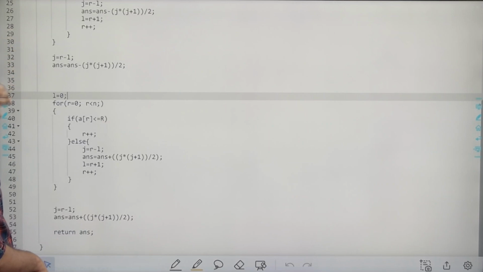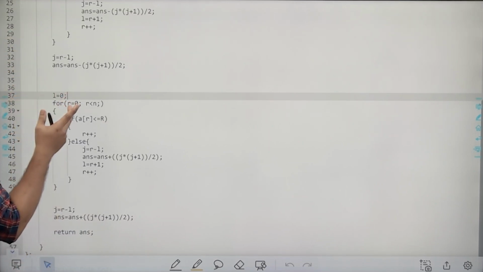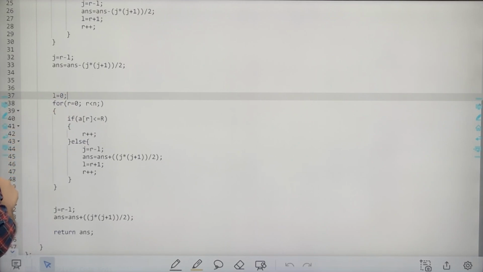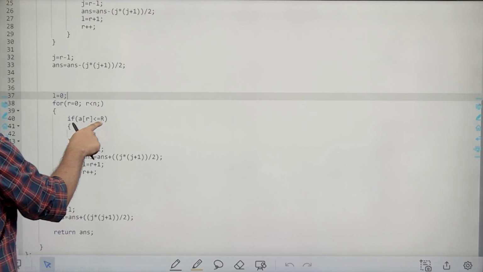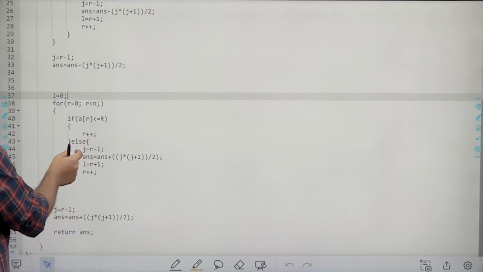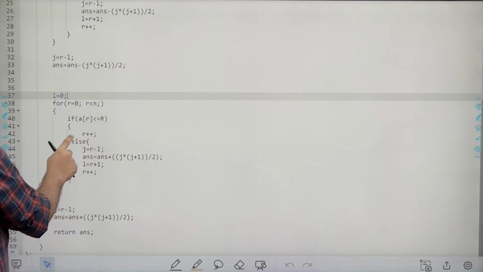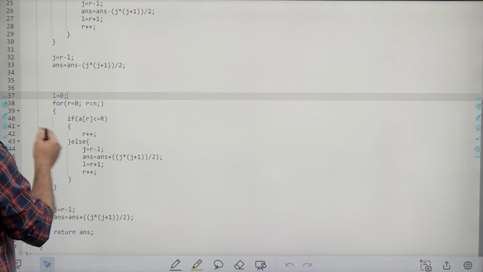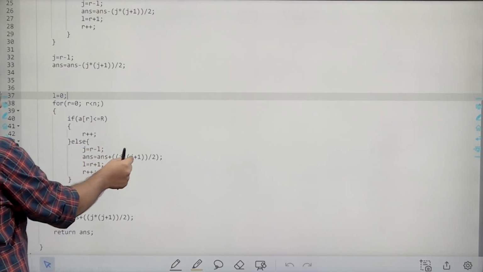Okay, so let's start from here. What I have done here is I have counted the number of subarrays where the maximum value is less than or equal to R. So initially L is 0 and R is 0. If the value of A of R is less than or equal to R, do R plus plus. Else, the number of elements from L to R minus 1 is J, that is equal to R minus L, and the number of subarrays between L to R minus 1 will be J into J plus 1